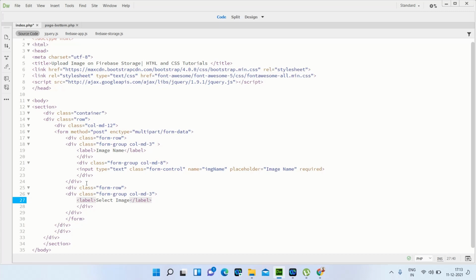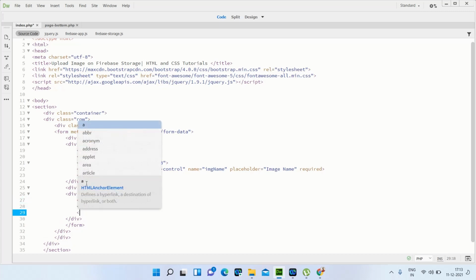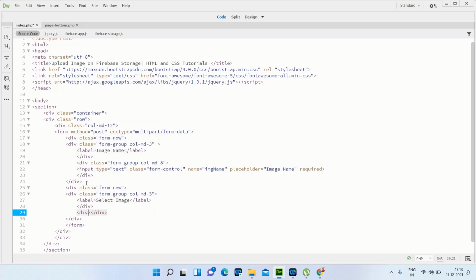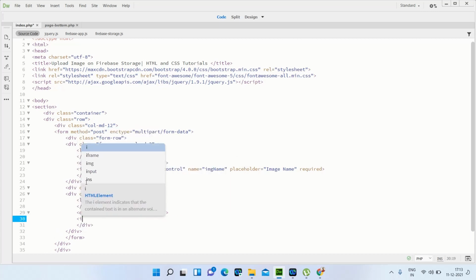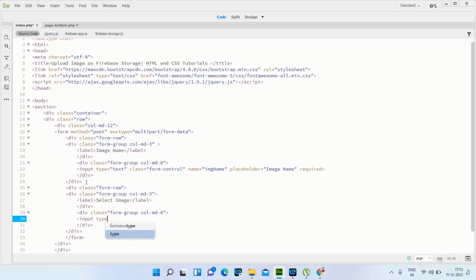After that we create one more div with form-group and col-md-8, and then we create one input tag. Input type is equal to file.